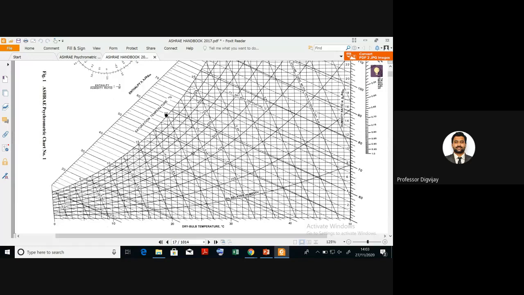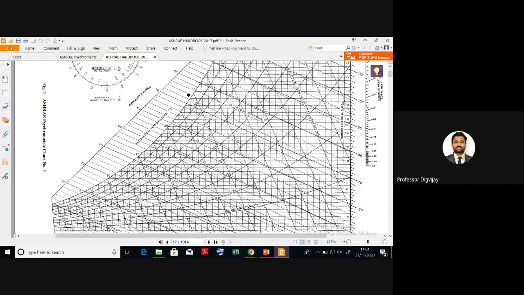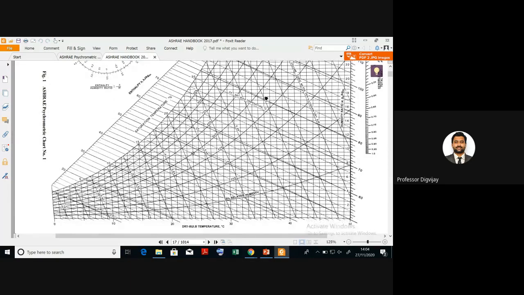So see here we have 20, then 21, then 25 here, then this will be your 27 line. So this dotted line will be your 27 degrees Celsius WBT. Here it is 38 degrees Celsius. So I hope this point is correct. Yes, so this point is correct. This will be my point of 38 degrees Celsius DBT and 27 degrees Celsius WBT.